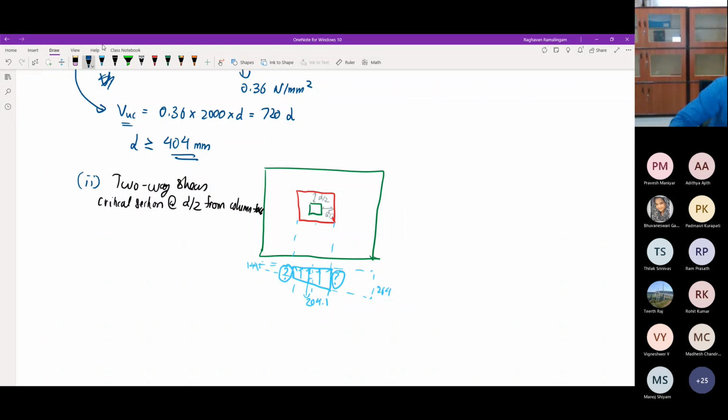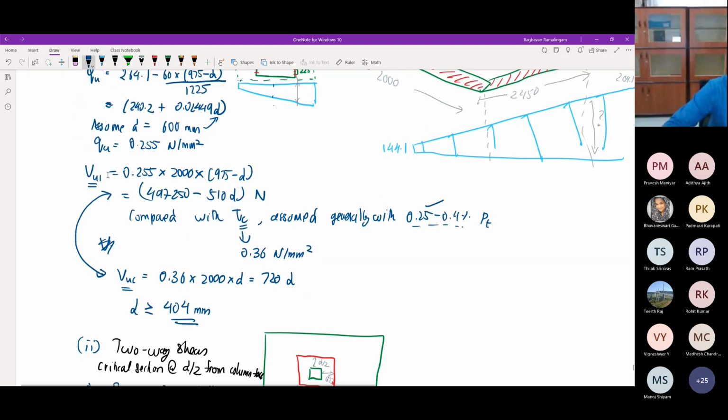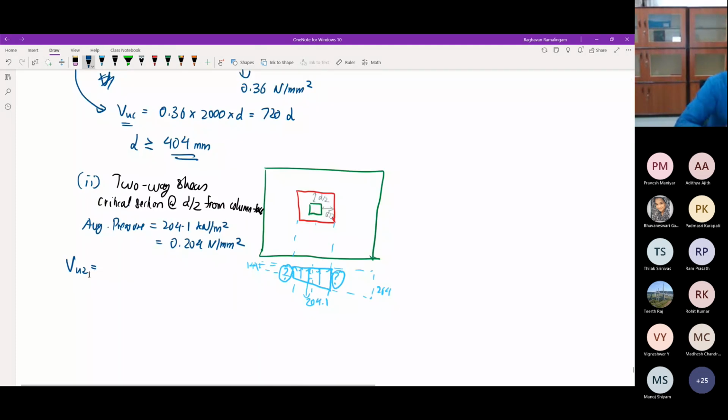So the average pressure is 204.1 kilonewton per meter square, or in other words, 0.204 Newton per mm square. So now Vu2. Vu1 represents one-way, Vu2 represents two-way. That's it, no other meaning for that. So it's this pressure, which is 0.204, times